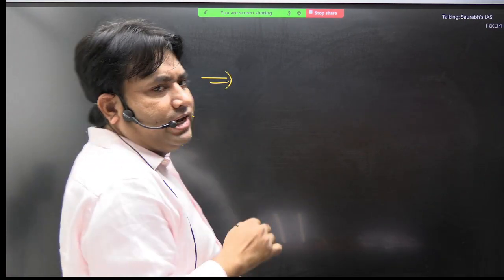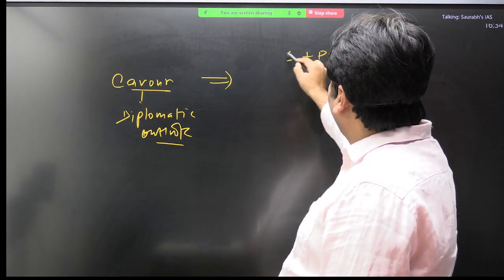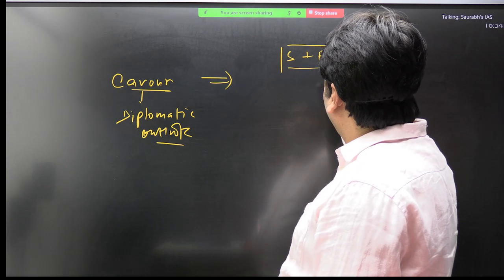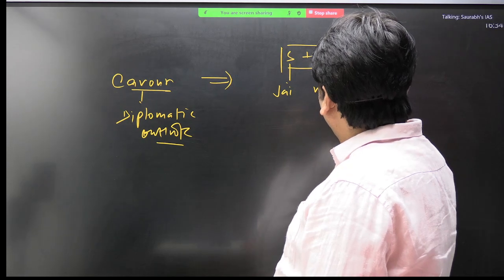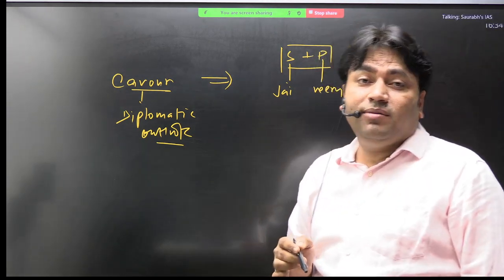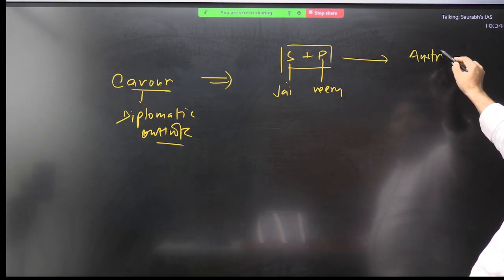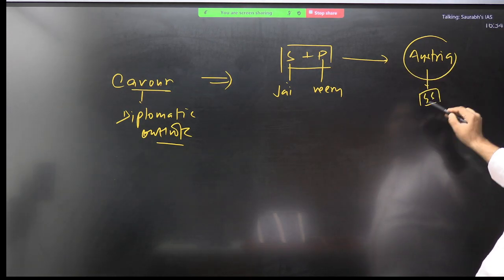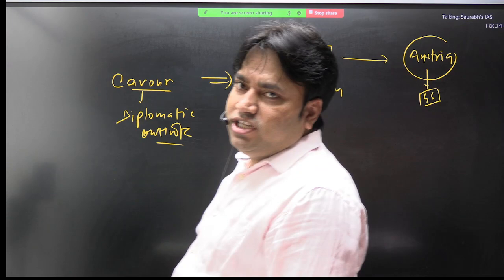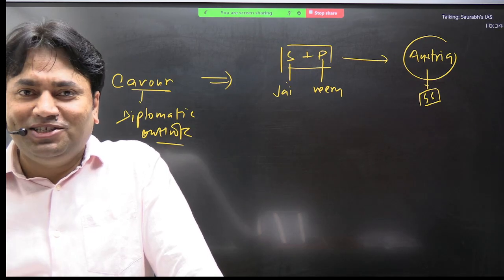Now Cavour says, who is leading this process? Sardinia Piedmont is leading this process. ये है जय और दूसरा क्या है? वीरू. ठीक है, और लड़ना किससे है भाई बताओ? ऑस्ट्रिया. Austria was the symbol of conservatism at that time. ऑस्ट्रिया कौन है? गब्बर सिंह. तो बताओ क्या अकेले जय वीरू जीत पाएंगे कि गांव वालों का हेल्प चाहिए, इनको मदद चाहिए ना?